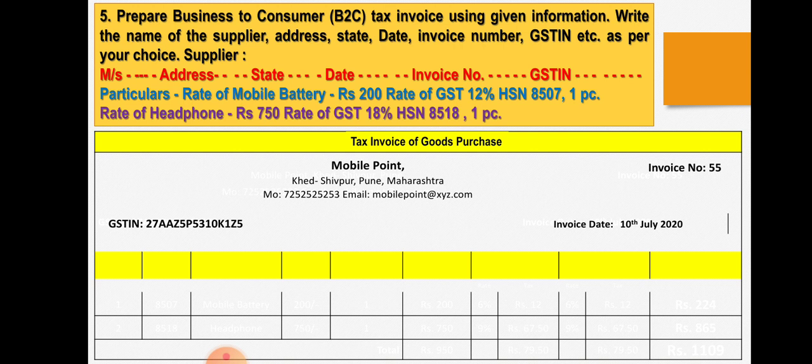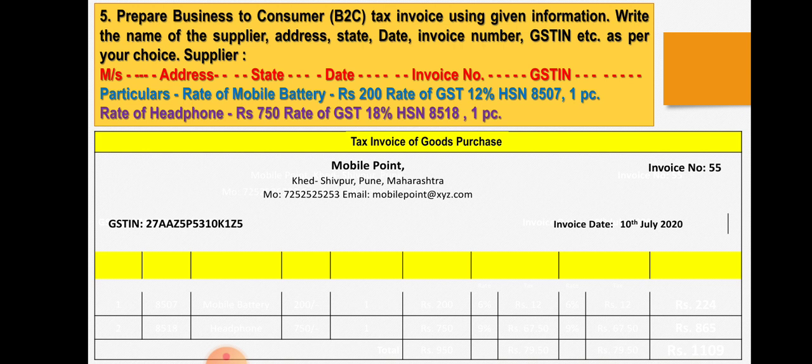Just one thing you have to keep in mind when you write the identification number: the first 2 digits. If you are writing about Maharashtra in the address, then it should be 27, otherwise it will mismatch. I have explained in the introduction of GST why it is 27, as 27 is the Maharashtra code. The last 3 digits should be 1Z5. In the middle 10 digits you can write anything of your choice and make the identification number when a bill is asked of you in the exam.